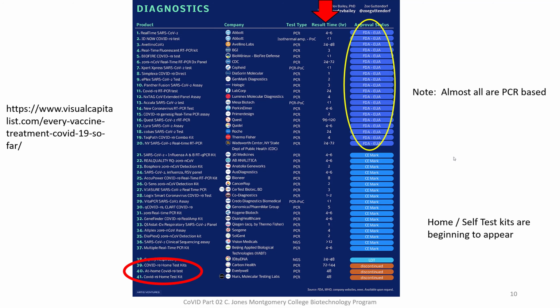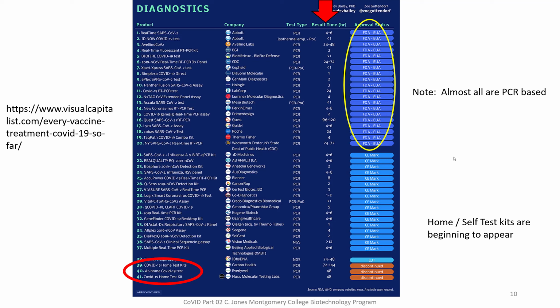I know there's one supposedly available at CVS, but you take a sample and then you have to send it off for somebody else to actually do the test. I'm talking about home test kits that are like the home pregnancy test kit, where you can actually test yourself and get the result at home without having to go to the doctor's office. And so, that will save you from going to the doctor's office, potentially being exposed to other people, tell you that you need to watch your symptoms and so forth.